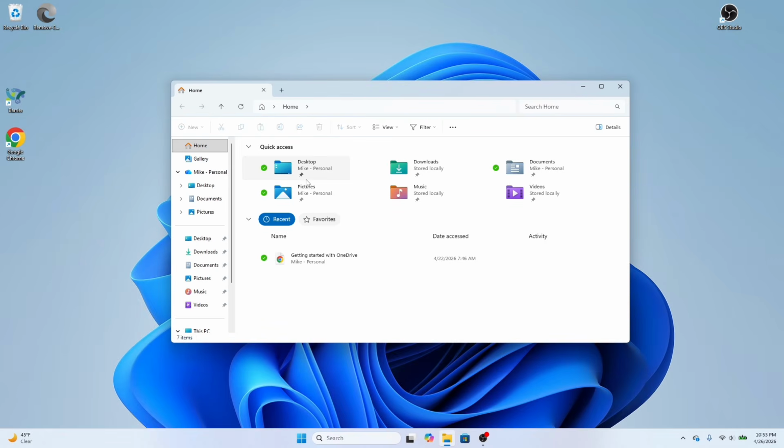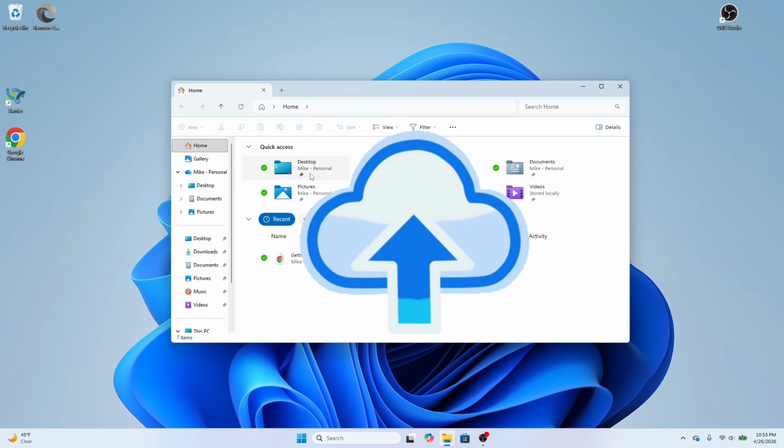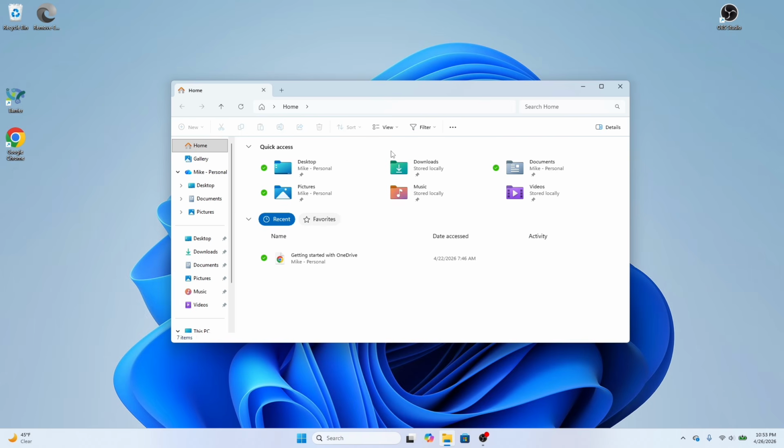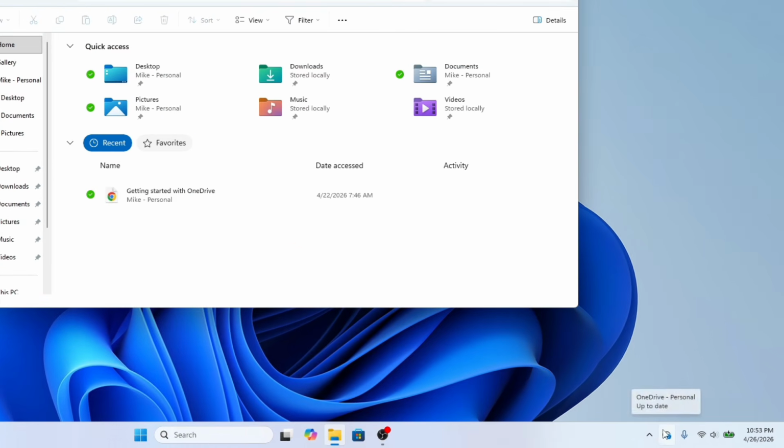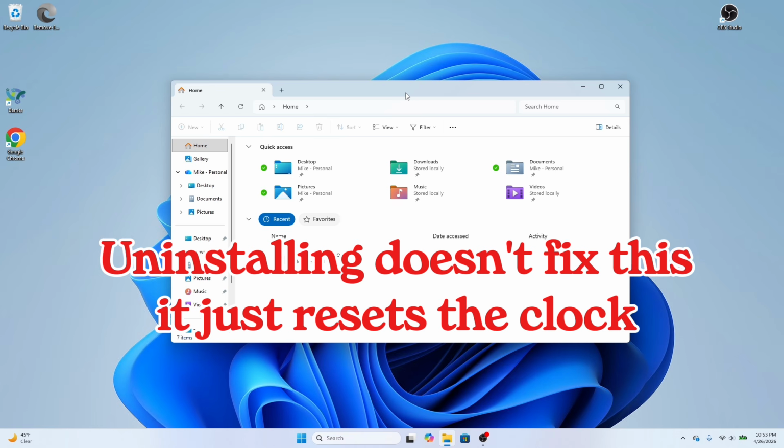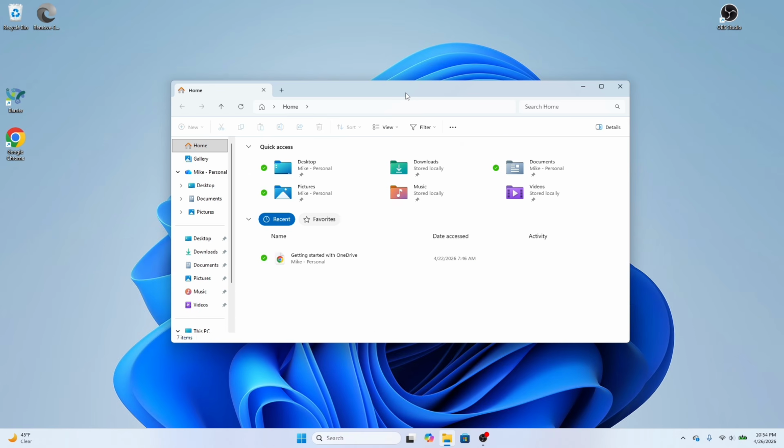Your desktop folder, your photos, all of it going up in the background without you doing anything about it. Now, your first thought is probably to just uninstall OneDrive and call it a day. Don't. The next Windows update puts it right back with the same settings, same problem. Uninstalling doesn't fix this, it just resets the clock. There's a proper way to shut OneDrive down so it stops syncing, stops launching, and never reconnects to your files